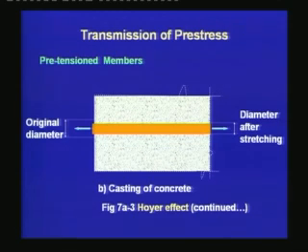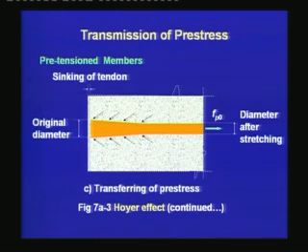At this point, still the tendon has its diameter constant throughout the length, but after this, when the tendon has been cut, the end of the tendon has sunk by a certain distance, the stress at the end has dropped down to 0, and since the stress has dropped down to 0, the diameter at the end has regained its original value, and over the transmission length the diameter reduces due to the Poisson's effect, which is still retained as the prestress is